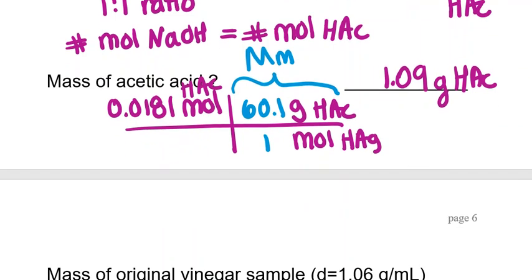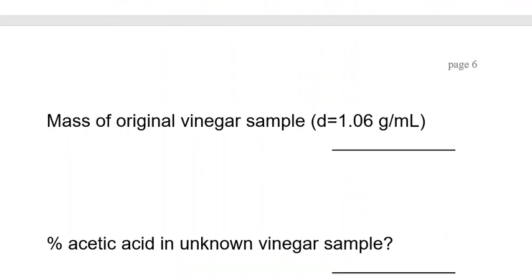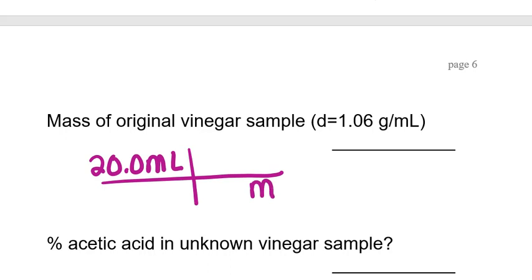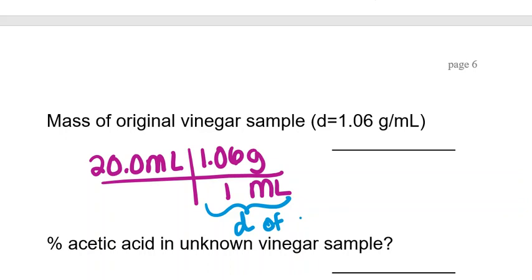Okay, so now we have grams of acetic acid. Well, we also need the mass of the whole thing. That's the mass of the part. We need the mass of the whole thing. If you remember our vinegar solution, we had 20 milliliters, and we knew its density. Its density was given to us, 1.06 grams per milliliter. Again, where we're getting this is the density of the whole solution. And so I get